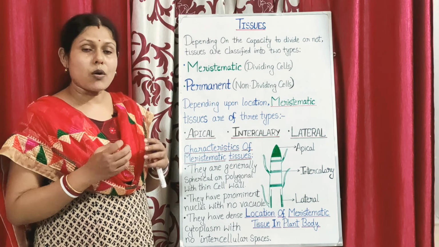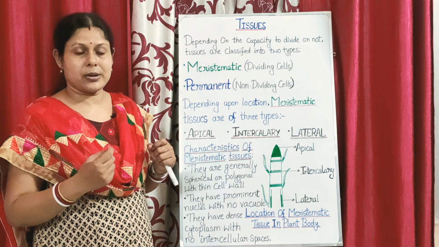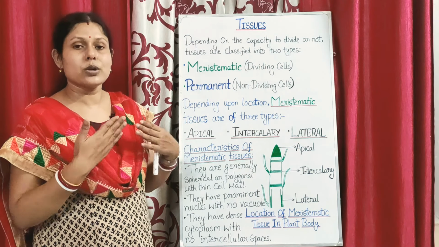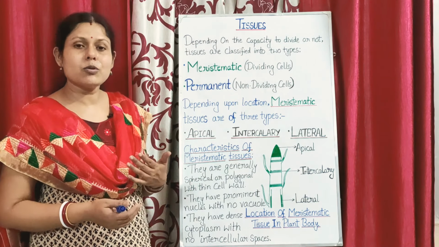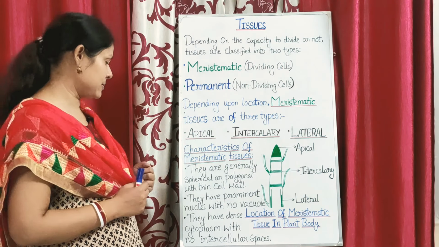The organelles which are extremely important are mitochondria. Mitochondria will be there, because they provide energy for the work of division. The nucleus will divide, followed by the cytoplasm, and the cell wall is thin, so the division of the cell wall will also take place very easily in meristematic cells.